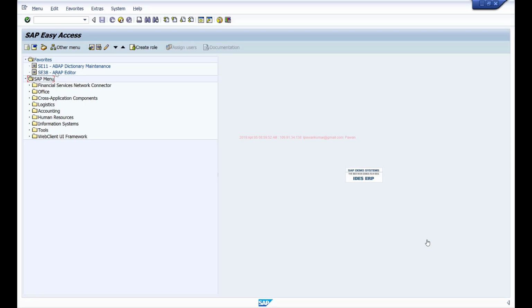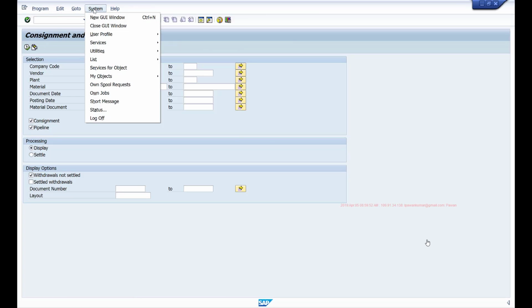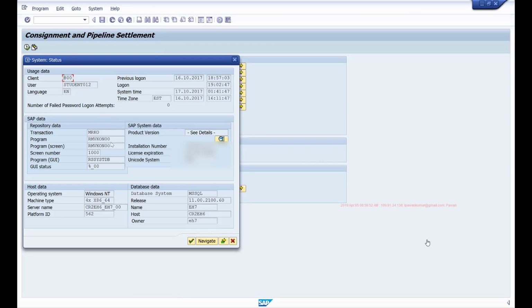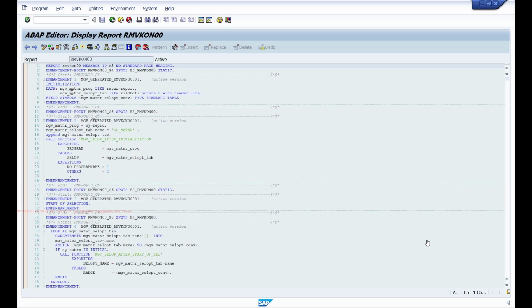So if you open any program for which you want to implement these enhancement points, let's say I want to go to this MRKO transaction, and if I go to the program, if you look at the code, if you notice this ENHANCEMENT, END-ENHANCEMENT, then that is your enhancement point.